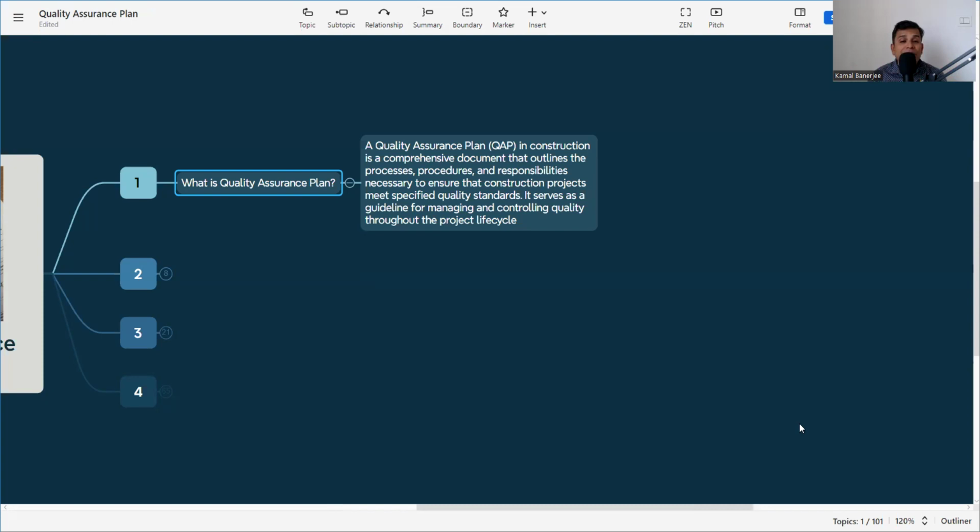That is a quality assurance plan. That means work procedure, roles and responsibility, inspection and testing procedure, work inspection procedures. All of these need to be included in the quality assurance plan. That means whatever is required to perform this project or that activity, how we will check it, or how we will ensure the end product quality, that is the quality assurance plan.